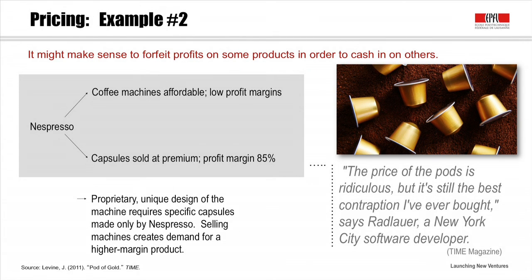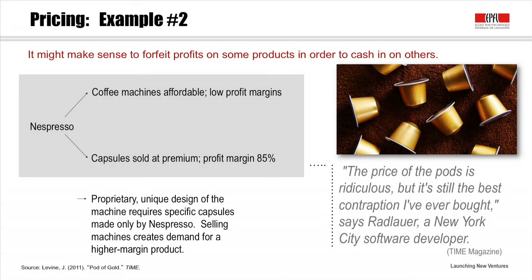Another wonderful example about pricing is provided by Nespresso. You may know the coffee capsules by this company that is actually owned by Nestle, which is a company just down the road here from Lausanne, where I'm based. And what they are doing is actually quite smart, because if you think about it, Nespresso relies on the customers having coffee machines that are compatible with their capsules, and it relies on the sales of the capsules. So they could say, well, we price the coffee machines highly, and then we are profiting from their sales. But that might hinder people from buying the coffee machines, and that will then hinder the people from actually buying the capsules.